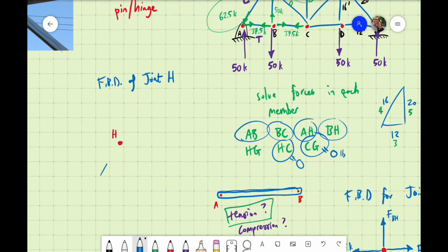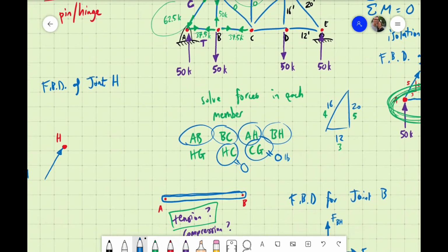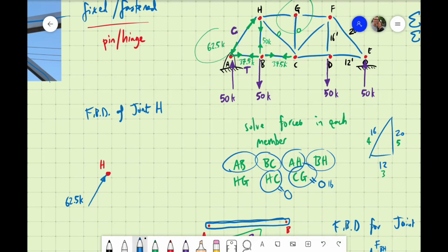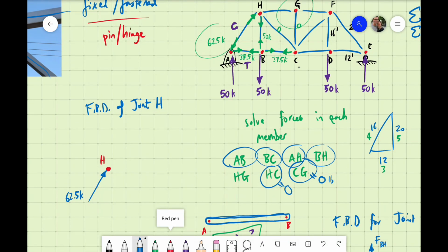FAH. Nope, I said I was going to use the actual numbers, didn't I? We know that FAH is 62.5 thousand. And we have a 50,000 pound one going right down. We know now that CH is 0, so we're not going to include it, but we do definitely have